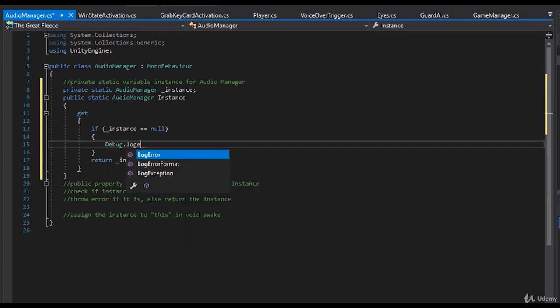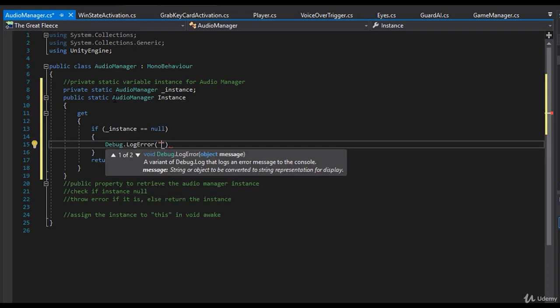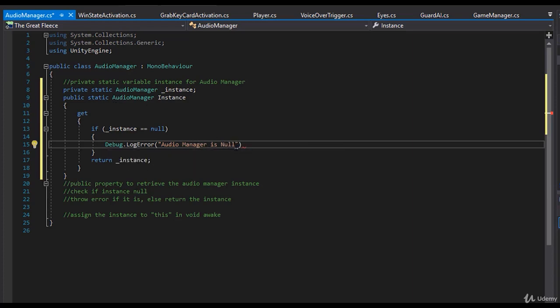Debug.LogError, and we'll say that audio manager is null. Okay, so our audio manager is null. Let's save this. The next thing you need to do